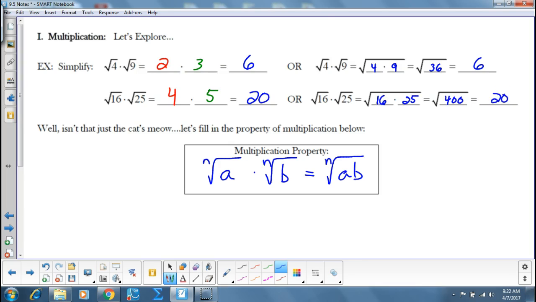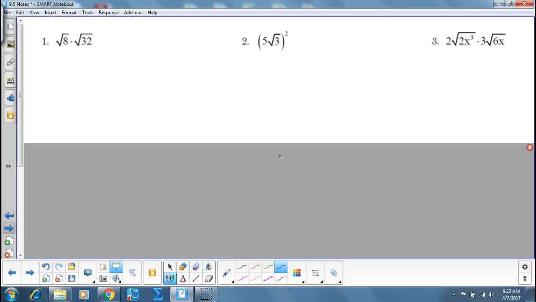So 16 times 25 is 400. And the square root of 400 is 20. Okay? Again, either way works for me. So when you get something like the square root of 8 times the square root of 32, okay,